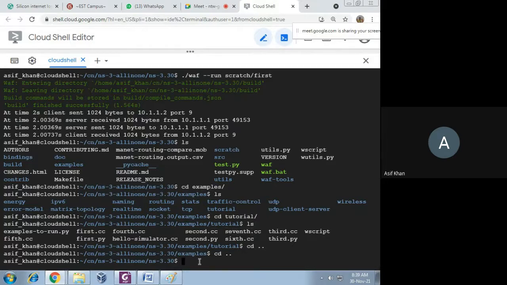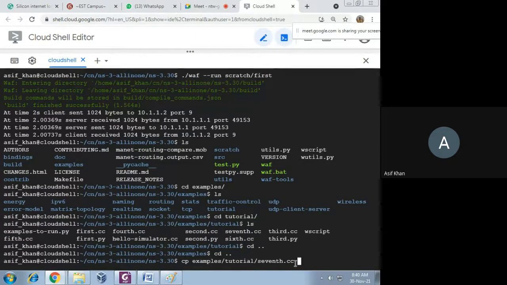So cp. The program is present here in examples, tutorial. Give the proper path: examples, then tutorial, then the program name 7th.cc. This is the source file.